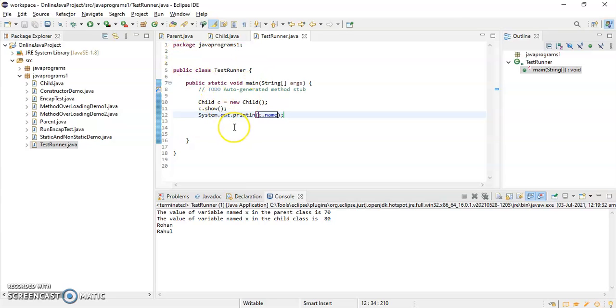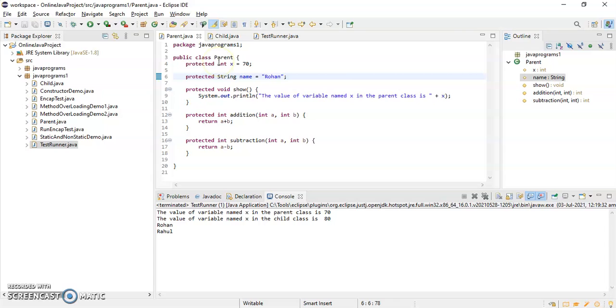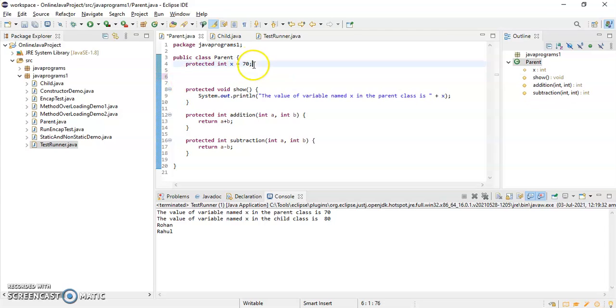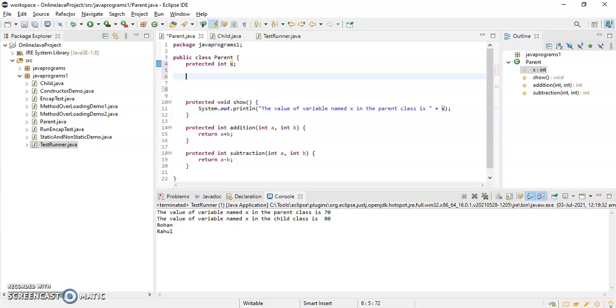Now let's see the second case. How can we invoke the parent class constructor using the super keyword? I am deleting this one. As I said before, we are using a constructor to initialize variables.